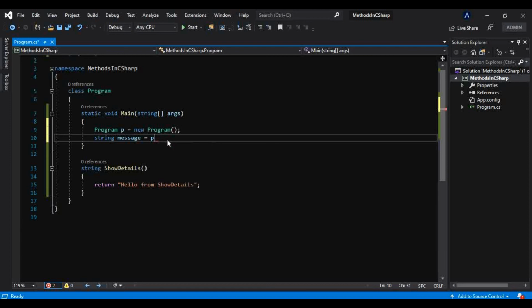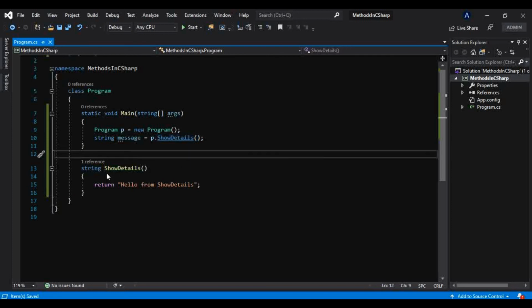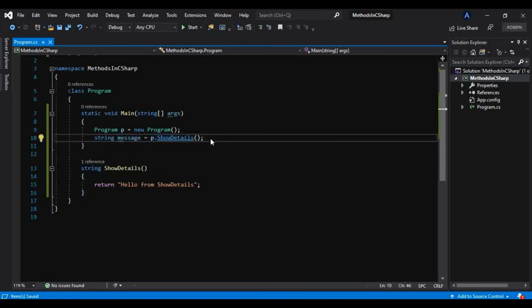And if I use p dot ShowDetails and something like this, now we are creating this method here and we are calling that in here. Okay, so basically we are writing that once and using that here, and not here only, but you can use that as many times as you want. Okay, so I will try to print that first.